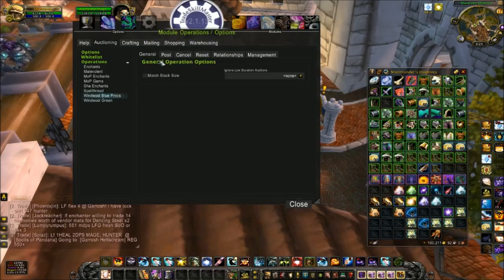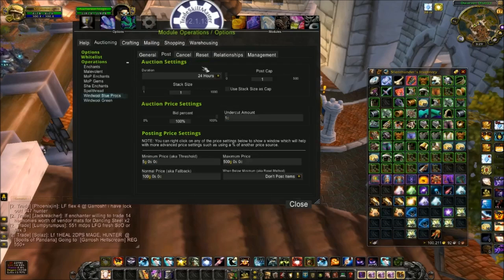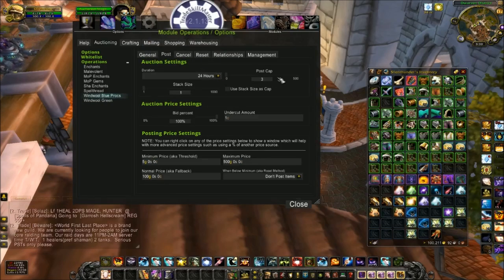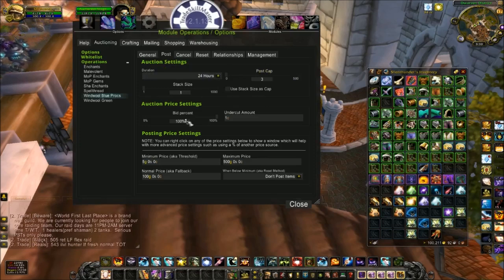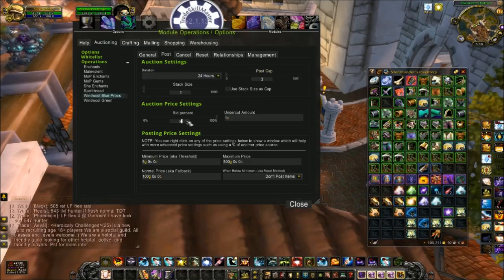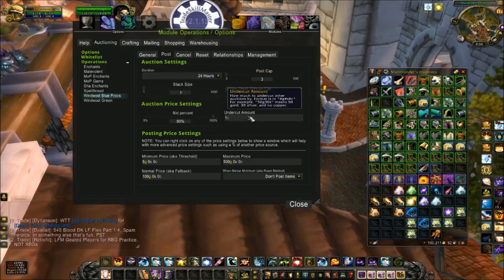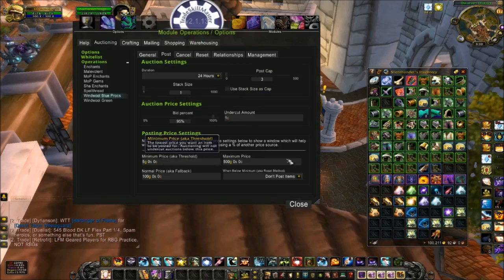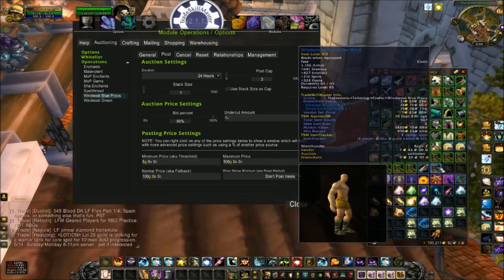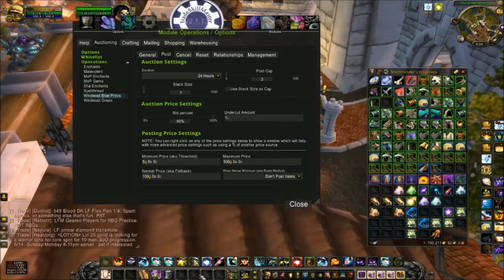Match stack size does not matter since it can't be stacked. Post. I'm going to post them for 24 hours. Post cap of 3 again. Bid percent, I'm going to go 95%. Undercut by 1 copper. Now this blue proc, you cannot find wind wool blue boots in your crafting